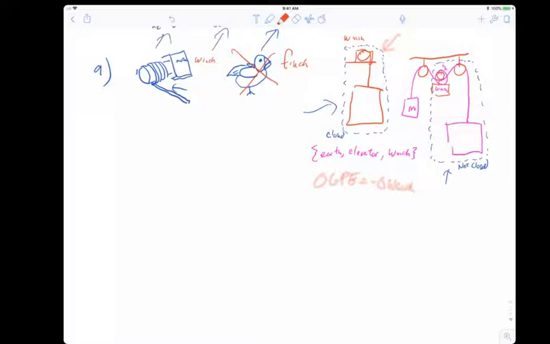Winch energy, it's plugged into a battery or something. In this case, that's not true. The change in gravitational potential energy is accounted for by the change in the winch energy plus, I'll just go plus, the energy given to the system by the